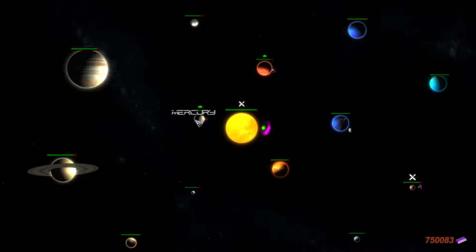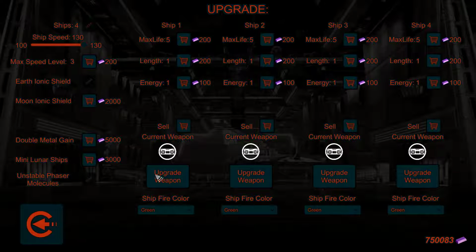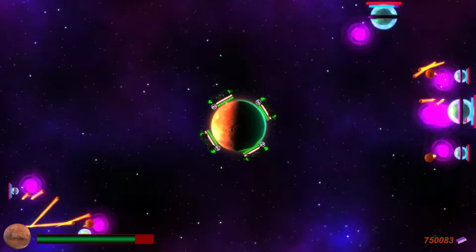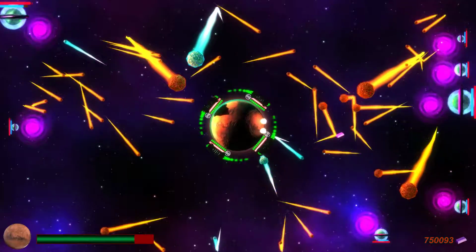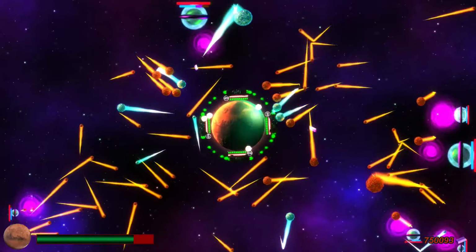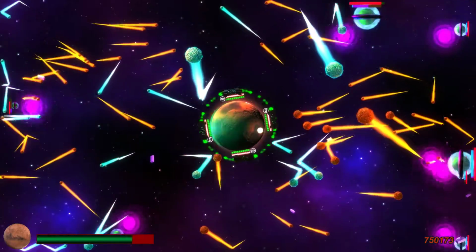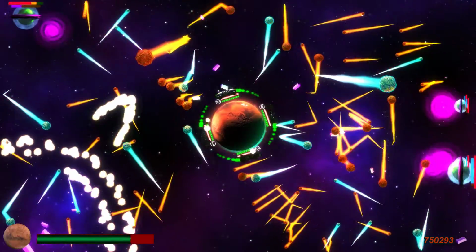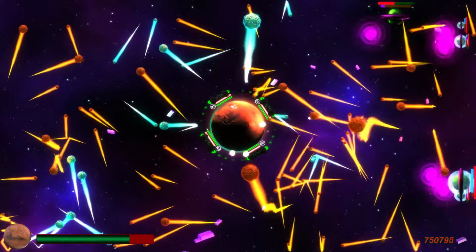Send the AI. Oh, this is the boombox. Yeah, when there's all these little things, it's like there's just too much. And I think I remember the tutorial said that you're supposed to bounce the meteors back at the aliens,